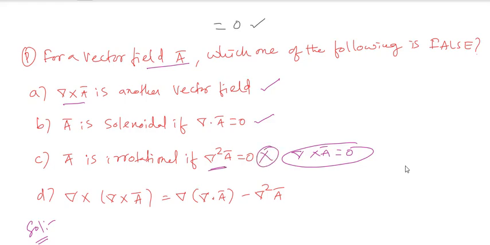Then option D is from a vector identity. That statement is the standard identity, so this is correct only. Clear up my point? You don't get bothered. So this is GATE 2020. By seeing it, you can tell option C is the right answer. So C is false. A, B, D will be right, but C will be false. That is how you can solve it. Am I correct or wrong?